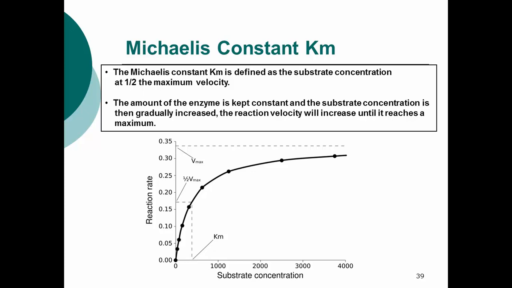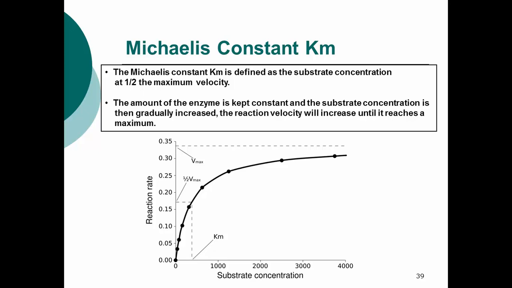Once you add substrate and the reaction reaches the maximum, then even if you add more substrate, the reaction will not increase anymore, right? So this is the concept. So the Km means how much substrate concentration is required to reach half the maximum of the reaction,